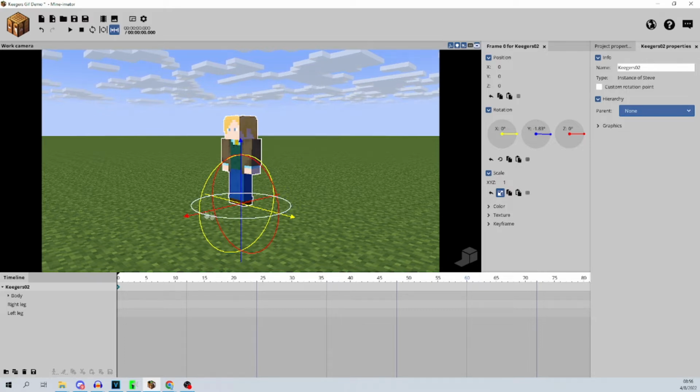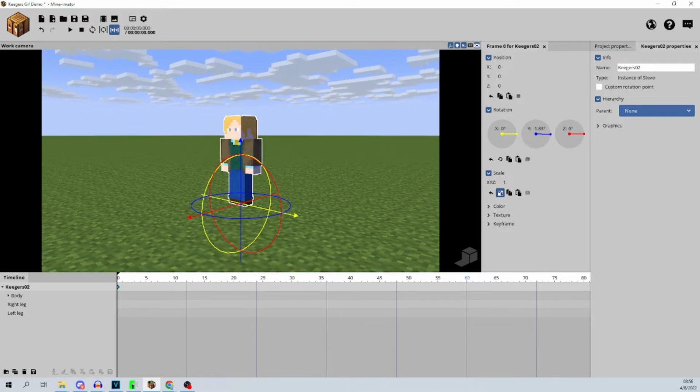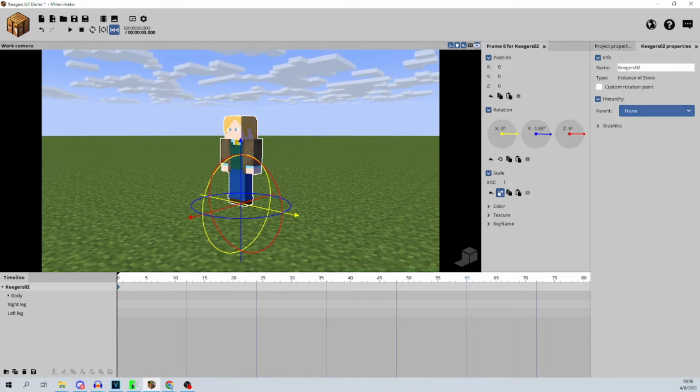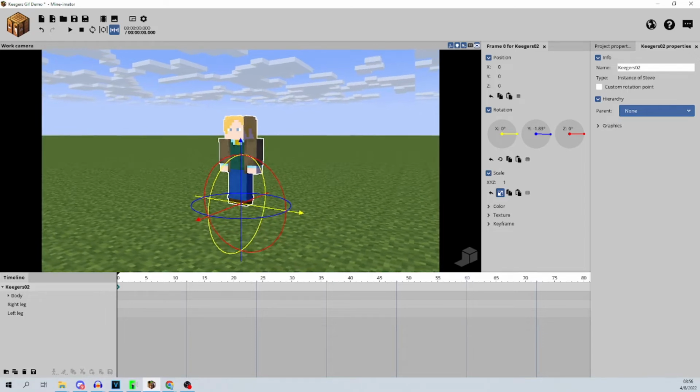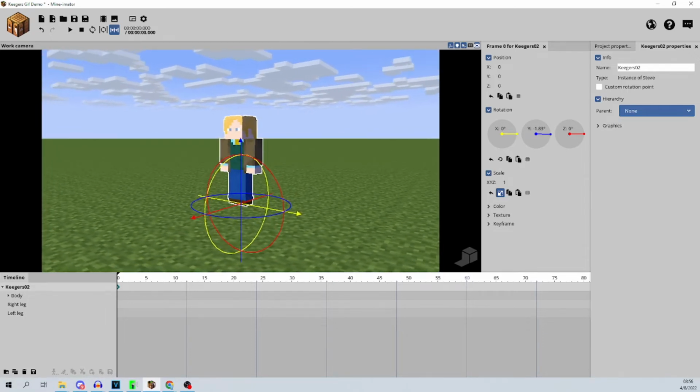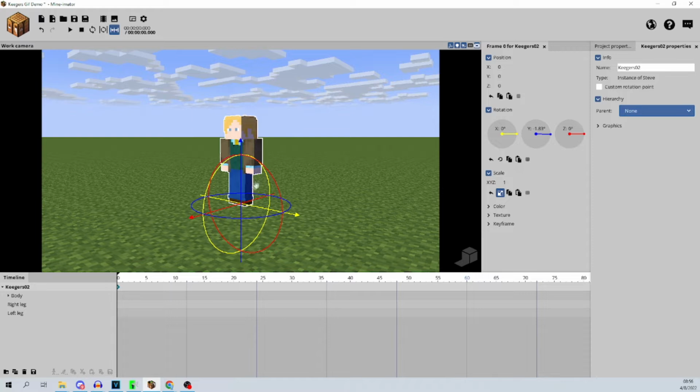Now, the first thing that you're going to notice is that your character may be turning one way. You can do this one of two ways. It's up to you. The first way is you can rotate the camera. The camera is controlled by your mouse, and I'm left clicking and dragging on the open field, and it's moving that. Okay. The other way you can do it is you have to get used to these circles that